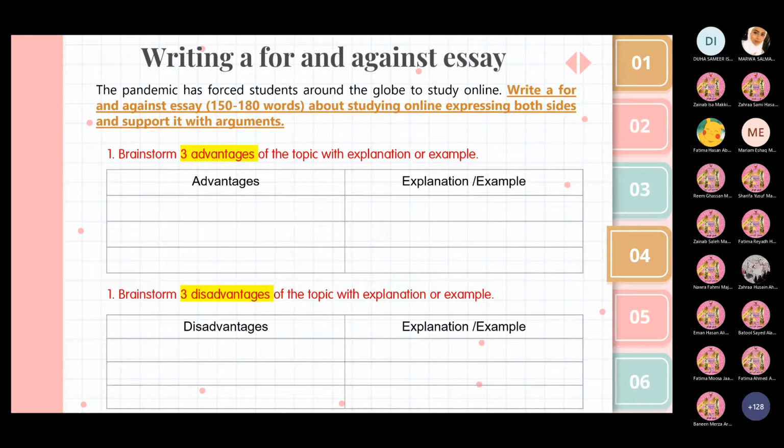Excellent, Reem. It gives us the ability to deal with different technological means. Great answer. Earn new technical skills. Excellent. Can I see some disadvantages? Now, Ra says it's more comfortable. You can view the recordings at any time and use a lot of software. Well done, Naura. Now give me some of the disadvantages.